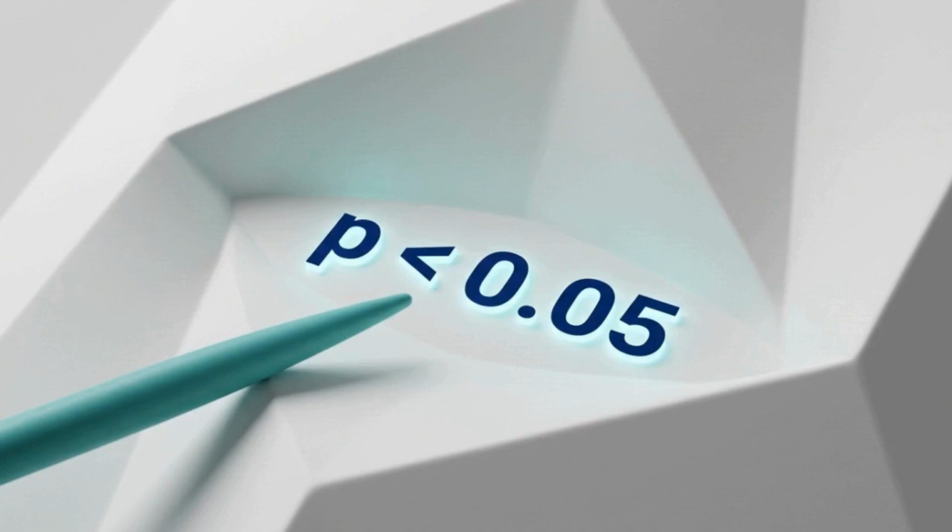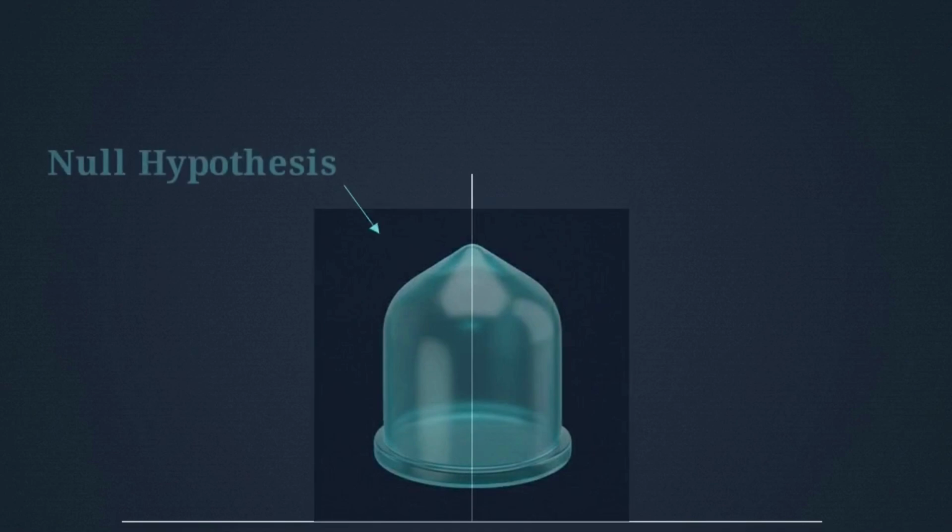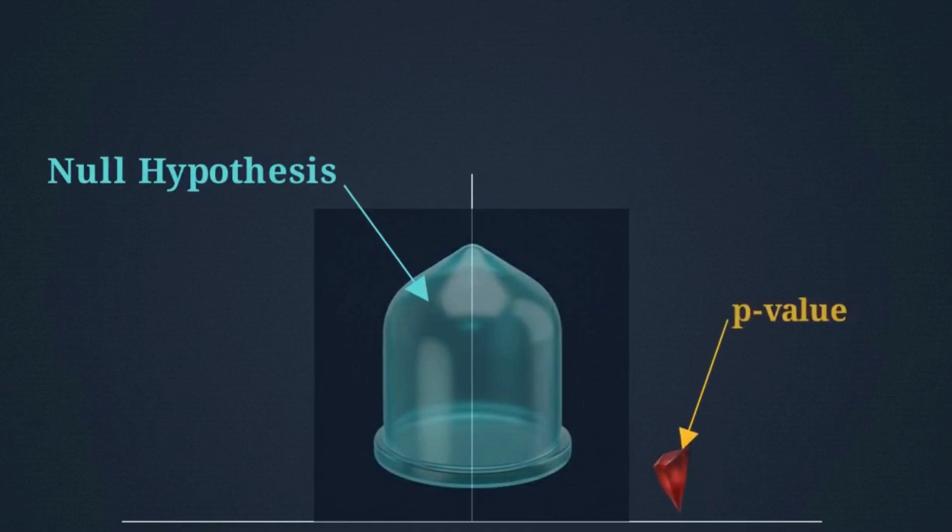Once the t-test finishes computing that ratio, it generates a specific metric you've likely seen in published papers, the p-value. Look at this distribution representing our null hypothesis. The p-value, shaded here in the extreme right tail, is the precise probability of observing data this extreme if the null hypothesis were completely true.